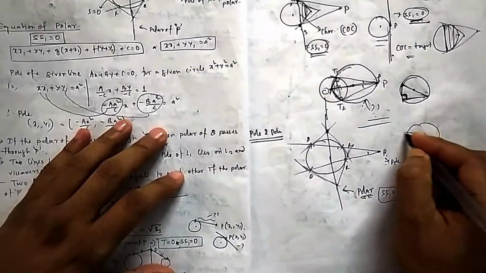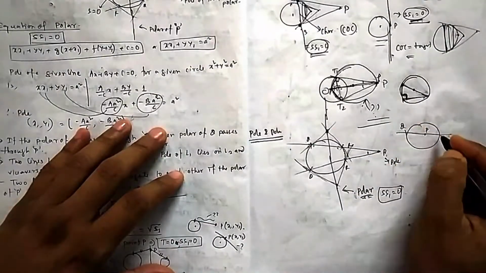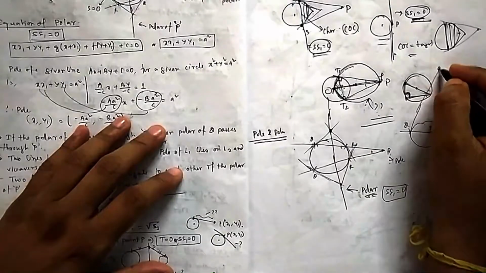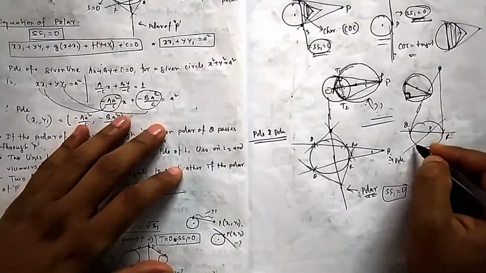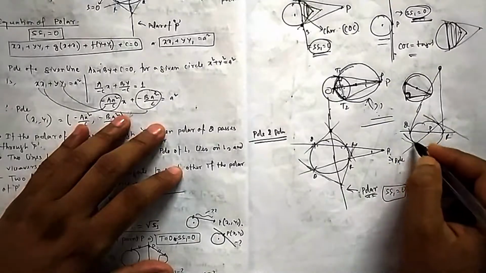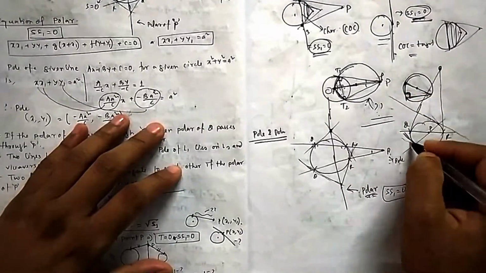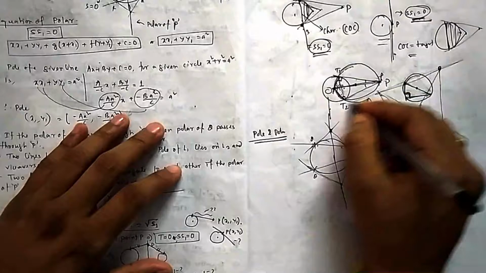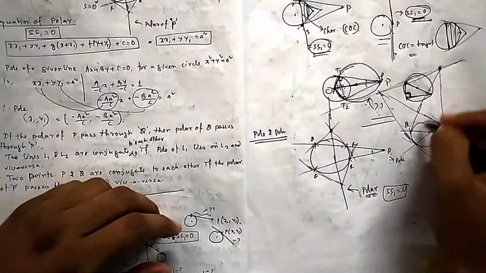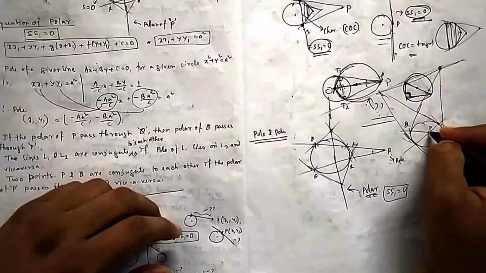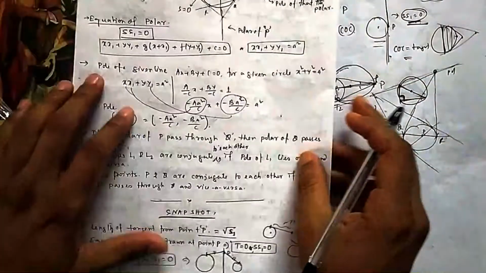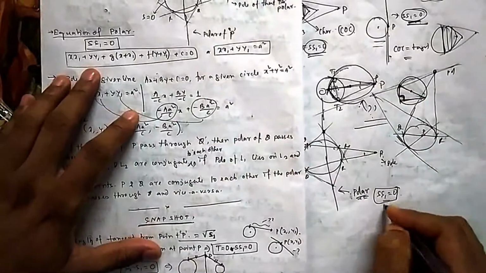From inside also you can draw a line from a point which cuts at Q and R. If you draw tangents at Q and R, they will meet at some point. It can cut here also at Q and R, and if you draw tangents again, they can meet somewhere here, if my drawing is okay. So this line becomes the polar. Any line you draw, all tangents will intersect on this line only. So this becomes the pole, and this line becomes the polar to this point. So this P can be inside also. So what is the equation of the polar? Same, S1 equal to 0.